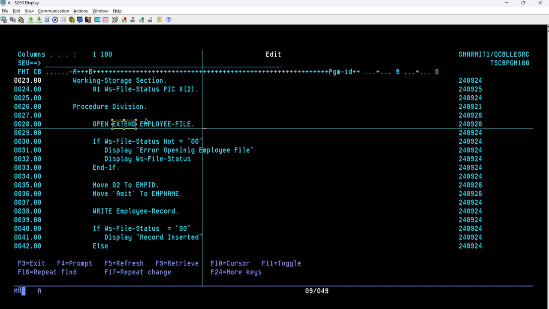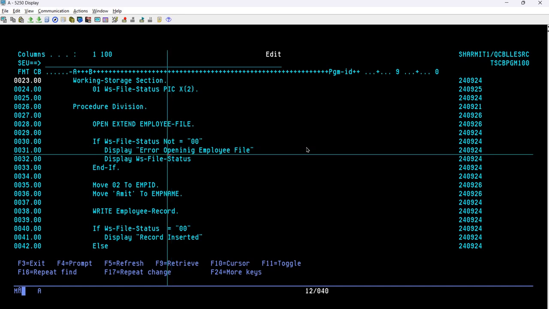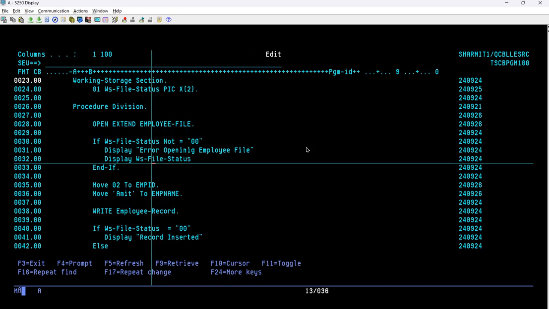So by using this extend, it will allow us to write the record without clearing the existing data. So it depends on the mode how you are opening your file. Then we are checking the if condition for the WS file status. If it is not 00, that means something is wrong. So in that case we will print the message "error opening employee file" and also print the WS file status